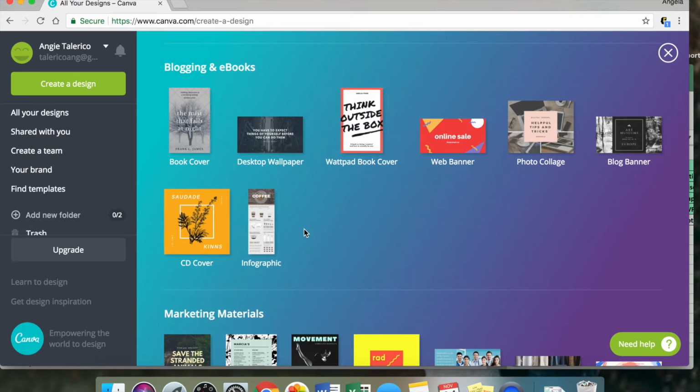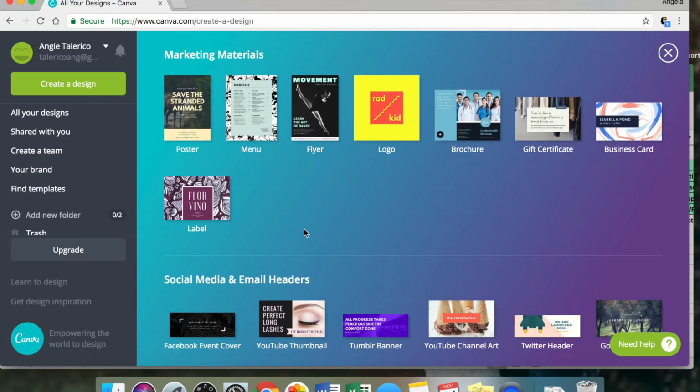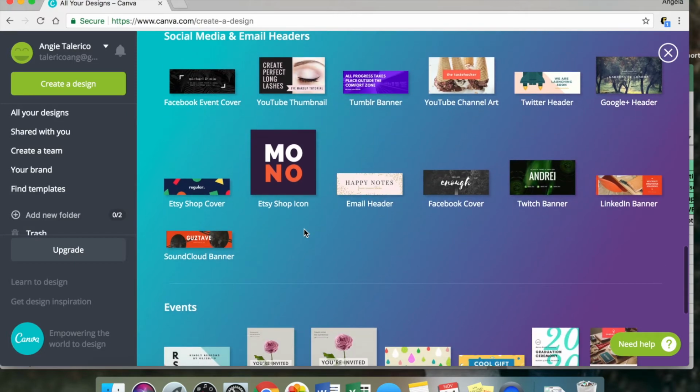So it has a ton of different images that you can create. That's blogging and ebooks, and then you go down and it's marketing materials, and then you see social media and email headers. I mainly use the Facebook event cover, the YouTube thumbnail, the social media, the Pinterest,